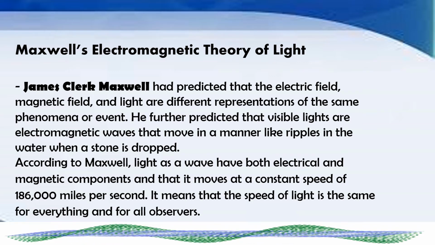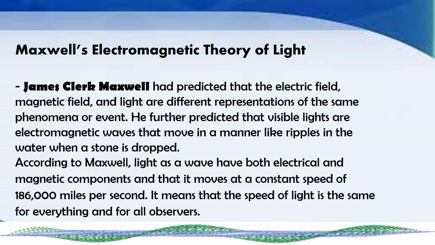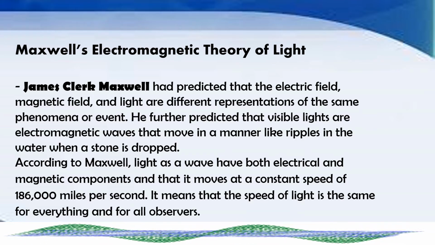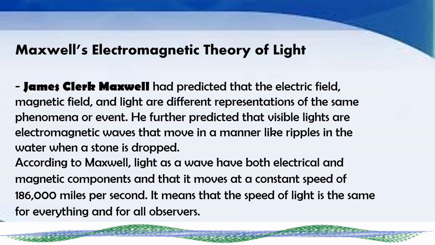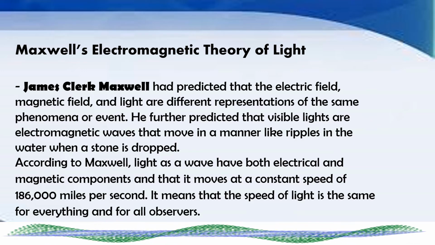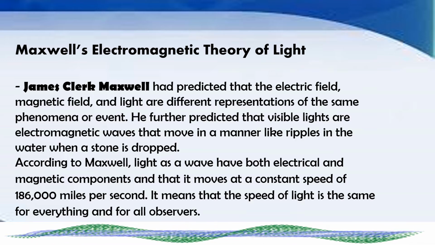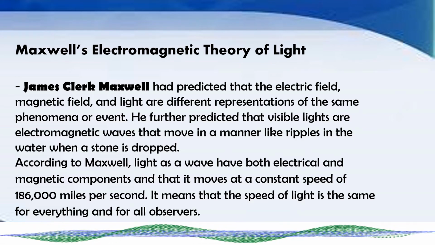He further predicted that visible light is an electromagnetic wave that moves like ripples in the water when a stone is dropped. According to Maxwell, light as a wave has both electrical and magnetic components, and it moves at a constant speed of